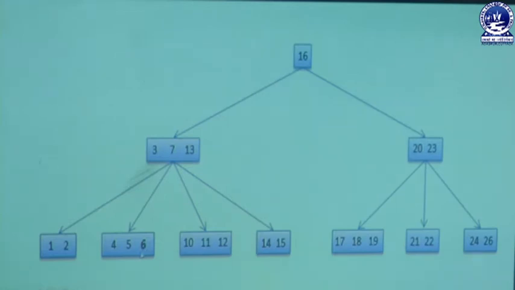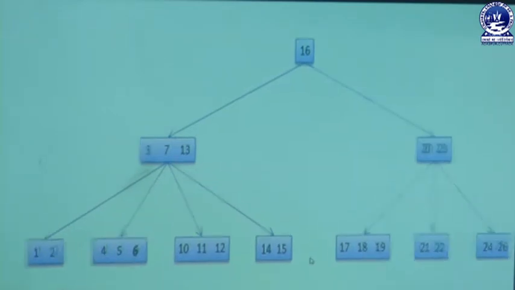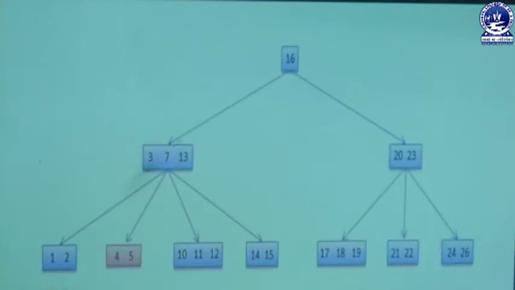Already I have discussed case 1. If you want to delete a key which is present in a node which is a leaf and it is not violating the rule of B tree, then simply delete it. Here if we delete 6, then the tree will look like this. Instead of 4, 5, 6 as in the previous case, here the node is containing 4, 5, and no rule of the tree is violated. So it is very simple.